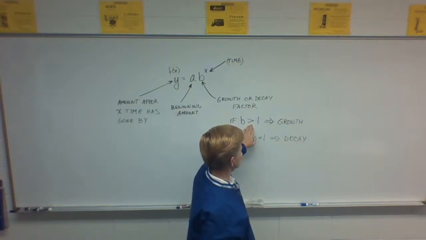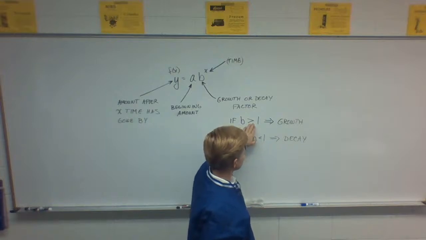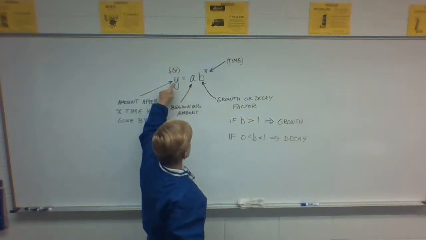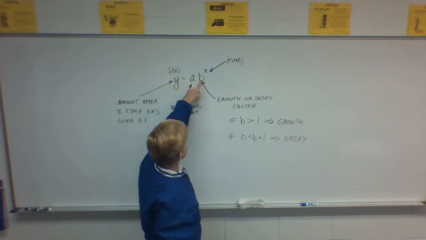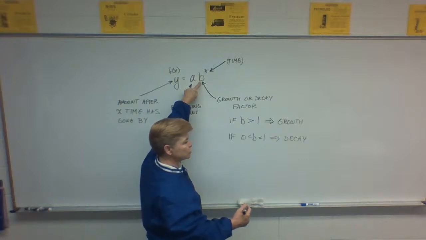If B is something greater than 1, and it doesn't have to be a whole number, it just has to be greater than 1, like 1.4. So if this is an improper fraction, if you will, something that's greater than 1, it's going to be growth. And think about why that would be. This value will get bigger and bigger and bigger. In other words, grow if I keep using something bigger than 1 over and over and over, like 2. If I use 2 times 2 times 2 times 2, every time I use another 2, it doubles the n,